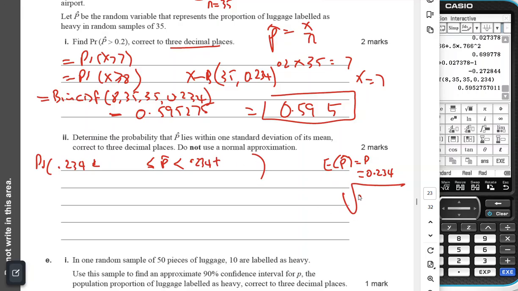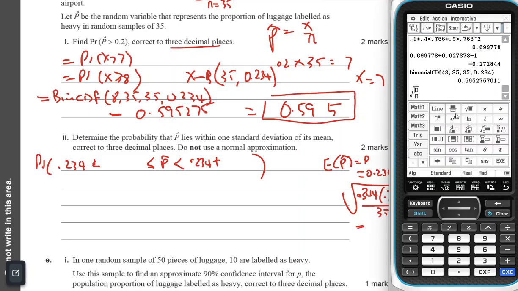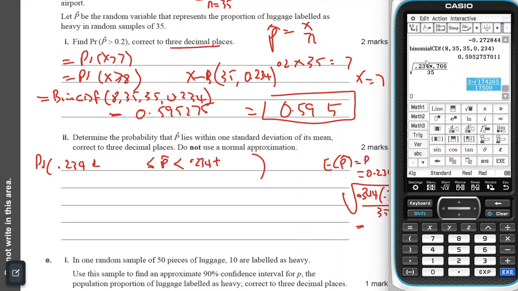And the standard deviation will be the square root of 0.234 times 0.766 on 35, which is a lot of work in this question. 0.234 by 0.766 divided by 35 equals